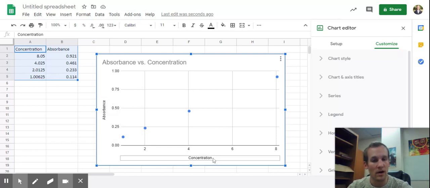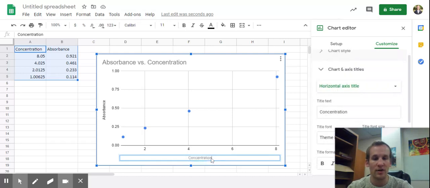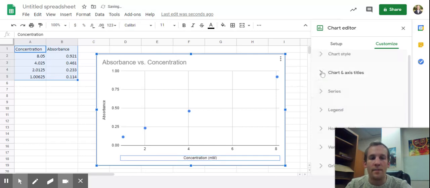The only thing we are going to want to do with this is make sure that we add our units to this, which in this case is millimolar. So we're just going to make sure we add our units to these axes titles. Okay. So anyway, to get the